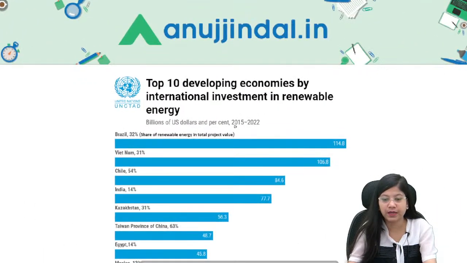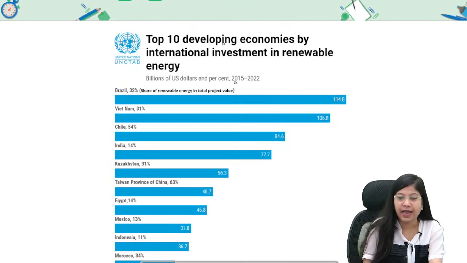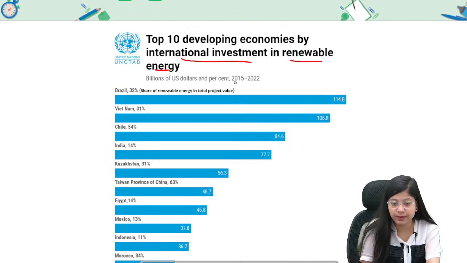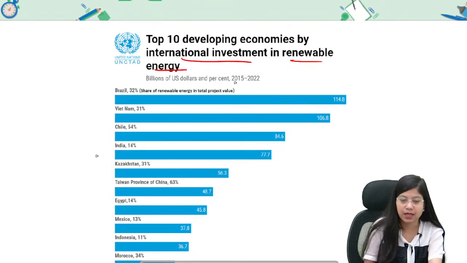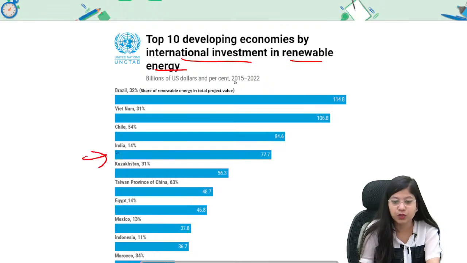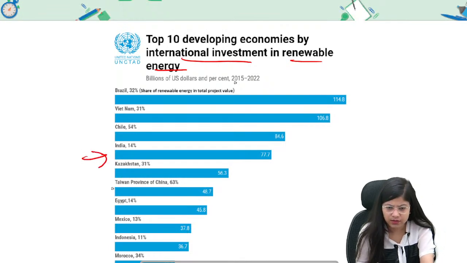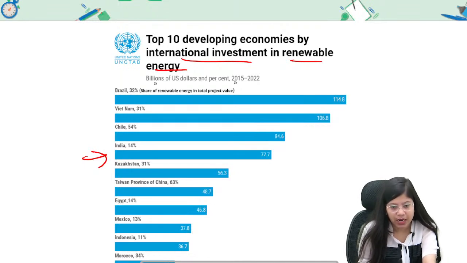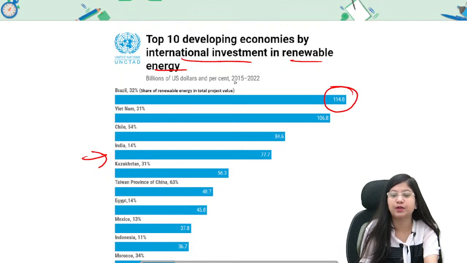Top 10 developing countries by international investment in renewable energy. Let's see, where does India stand? So India stands at the 4th position. Yes, India's position is 4th, and here we have the share of renewable energy in total